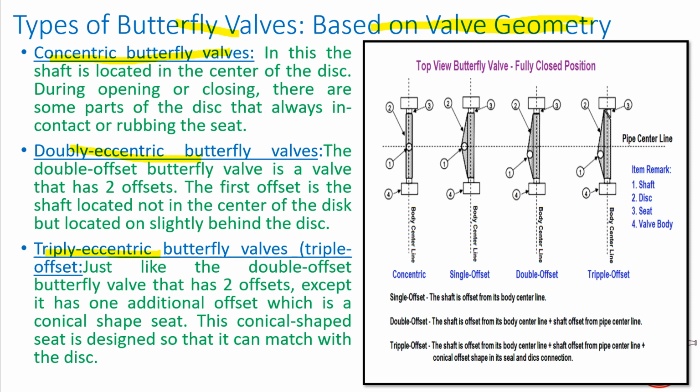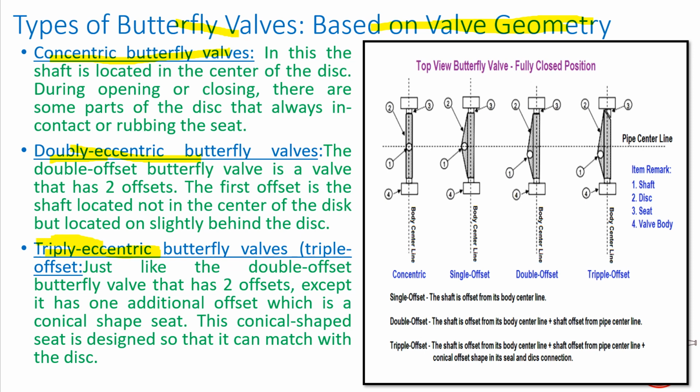So you would have seen, while selecting butterfly valves, generally you ask about your double eccentric valve or triple eccentric valve. So it depends how much leakage you can permit. If you can't permit even 0.1% of leakage, then you go for triple eccentric class 6 leakage class 6 valves.